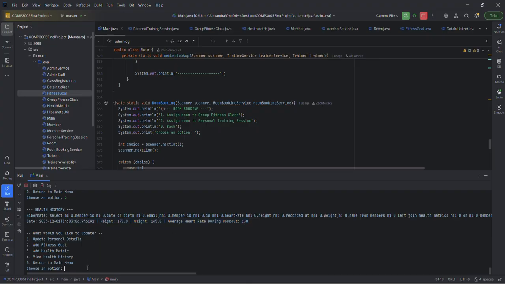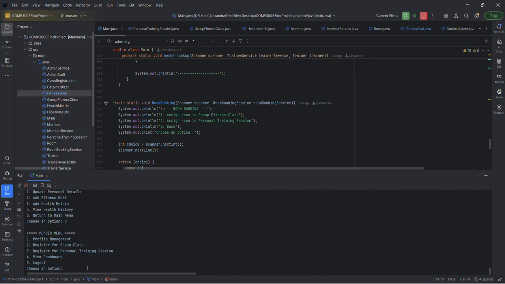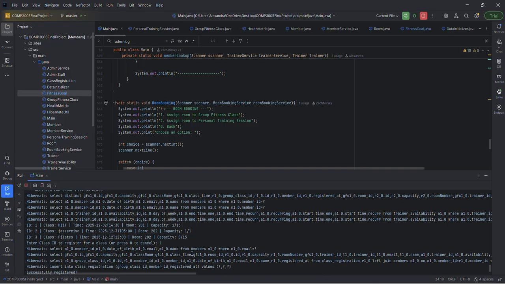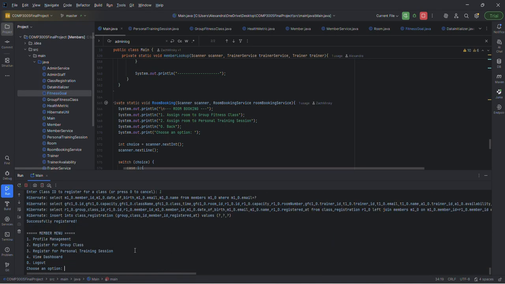So then you can go through now and you can register for a group class. So if I wanted to return to the main menu, I can say register for group class. And now register for a group class. These are the three classes. And you can see, for example, I'll do a test case right now. Jazzercise is fully booked. But if I wanted to enter that and try and log in,